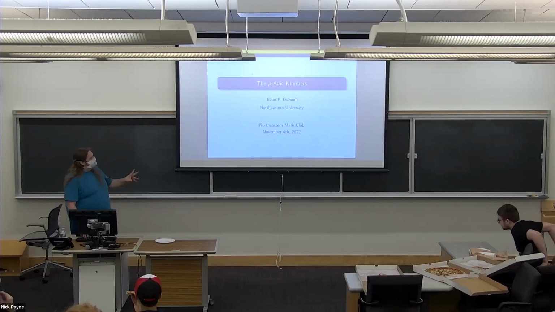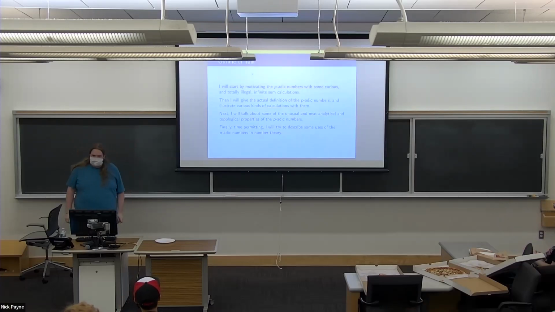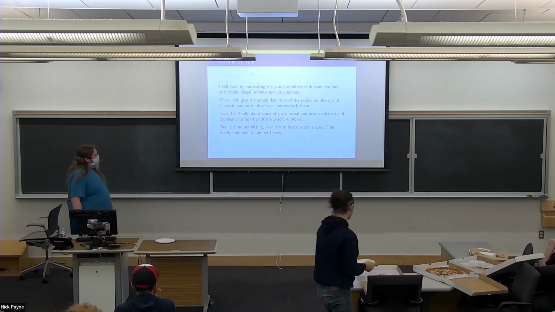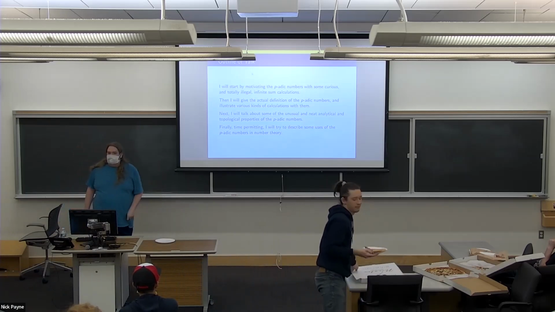So let me give you the outline, which is not completely accurate, but you can complain about it at the end if you like. First I want to motivate the P-adic numbers and where they come from and why number theorists like me care about them, with some totally illegal calculations with infinite series. Then the theme for most of the rest of the talk is to explain how I can make some extremely illegal infinite series calculations into things that are 100% correct, which is always very satisfying. So that will give me the motivation for defining the P-adic numbers.